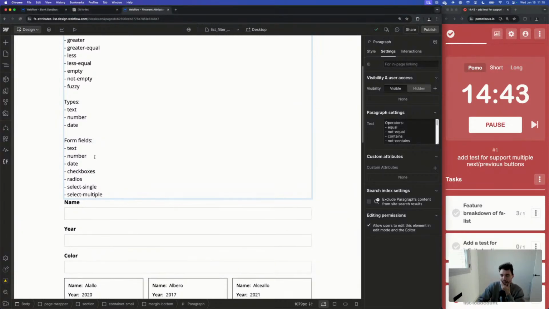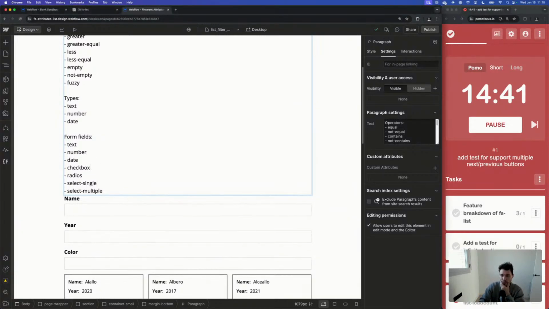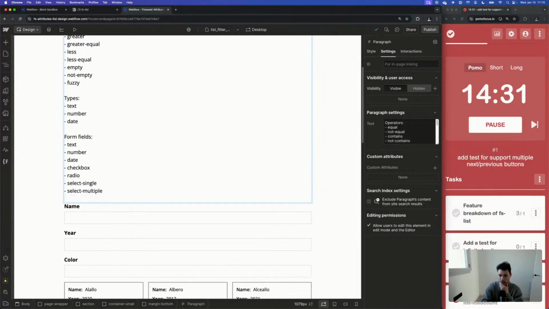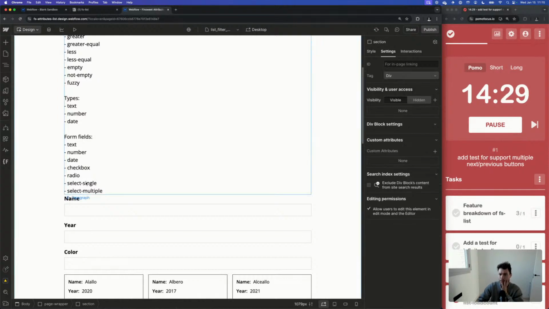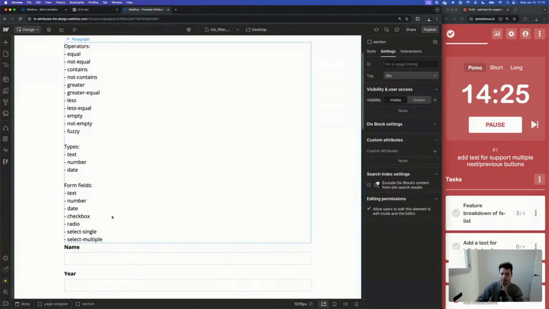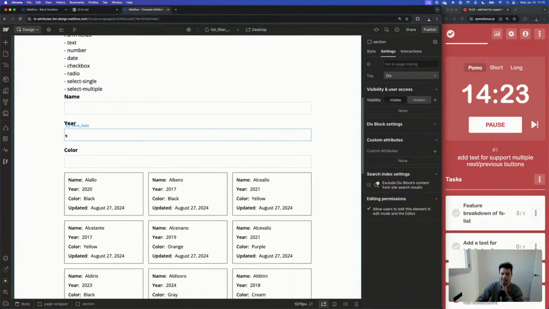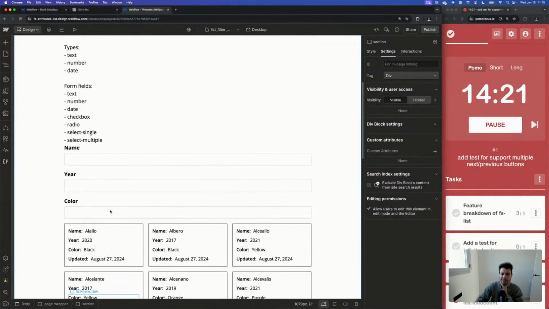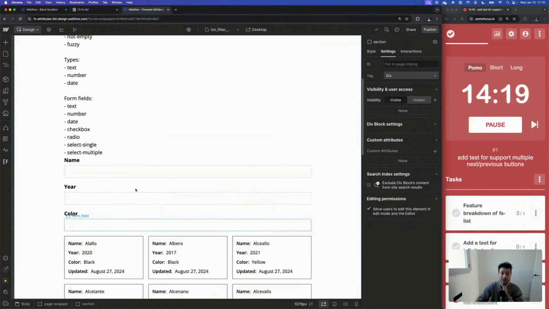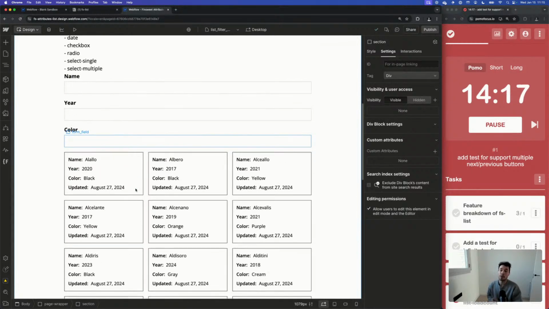Text, numbers, dates, checkbox, radio, select single, select multiple. What else? There are more types that we need to consider, but we can start with these ones. Okay, so all of these combinations need to be tested. The functionality is already built, but while testing, we might find some bugs.